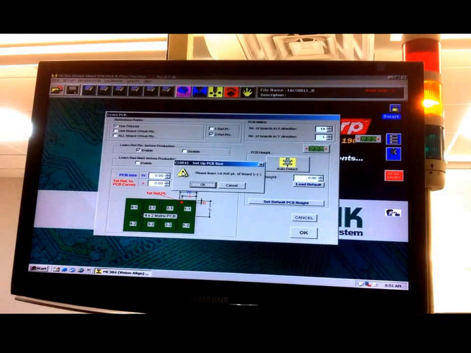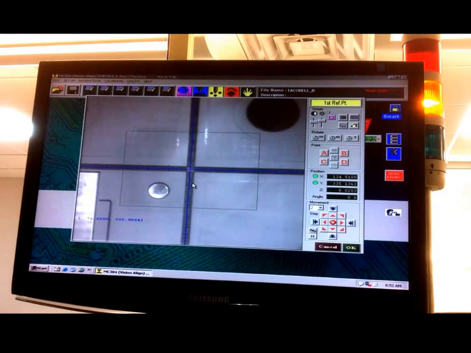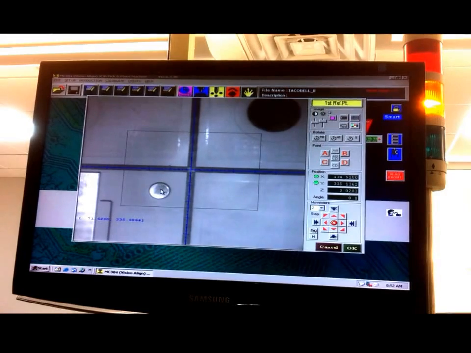Say okay. And it's asking me to learn the first reference point of the board. I have 2 reference points on each board, one on the top right corner and one on the bottom left corner. The first reference point will be the one on the top right corner. So now I say okay here. It automatically goes to the top right corner, so I can show the